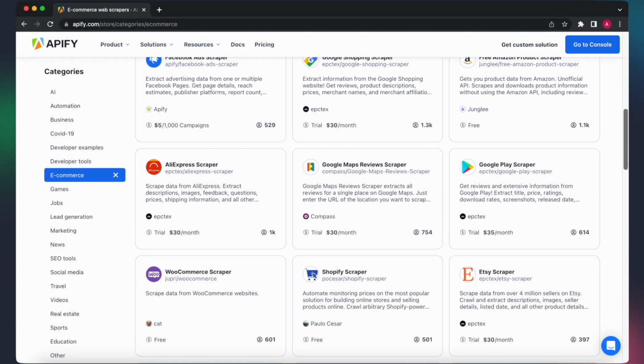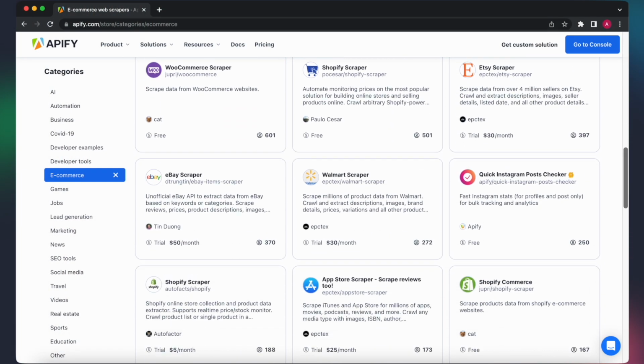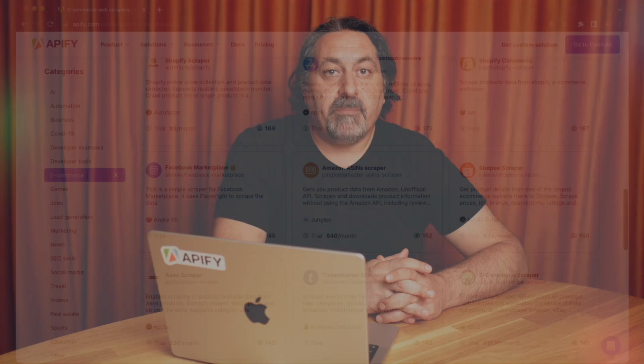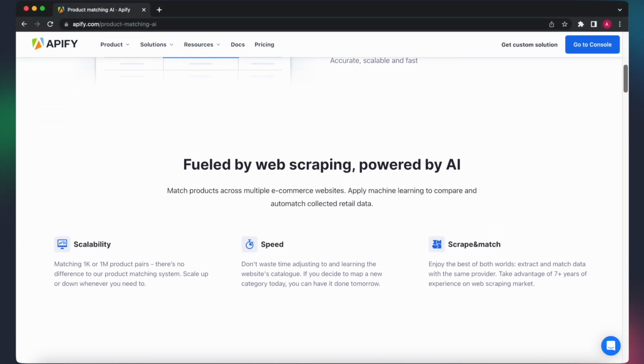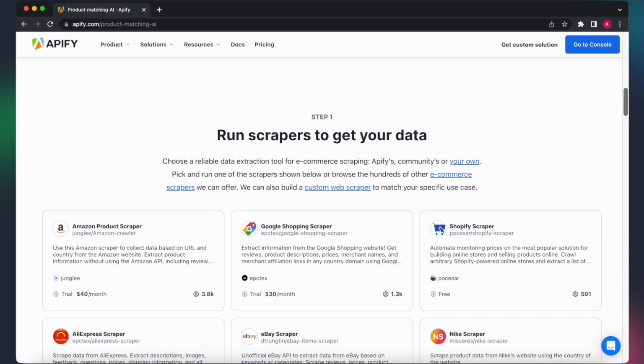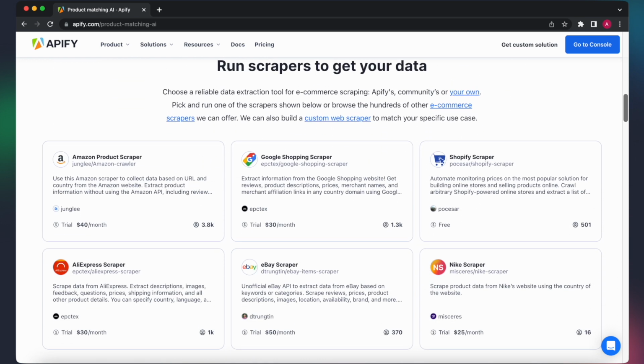So is there a way to make product matching more scalable? At Apify, we've mastered the tools capable of extracting product data from e-commerce stores, and it was high time to create a tool that was also able to find matching pairs among them. That's where AI Product Matcher comes in. This AI model compares products from different web stores and identifies which ones are the same. Web scraping plays a huge role here as an initial step, because nobody wants to make decisions based on old data. We want our business and pricing intelligence to work with fresh data only.